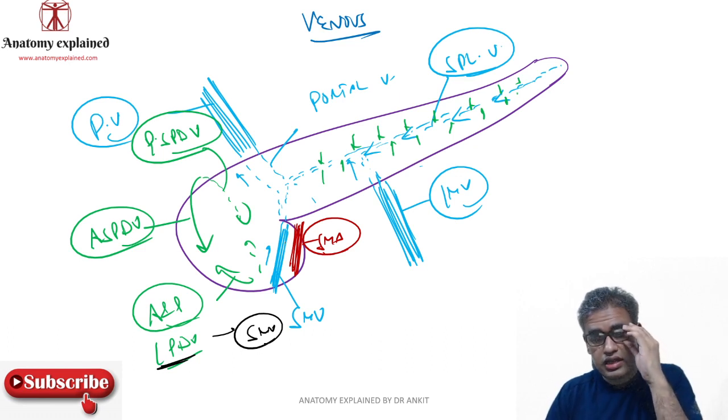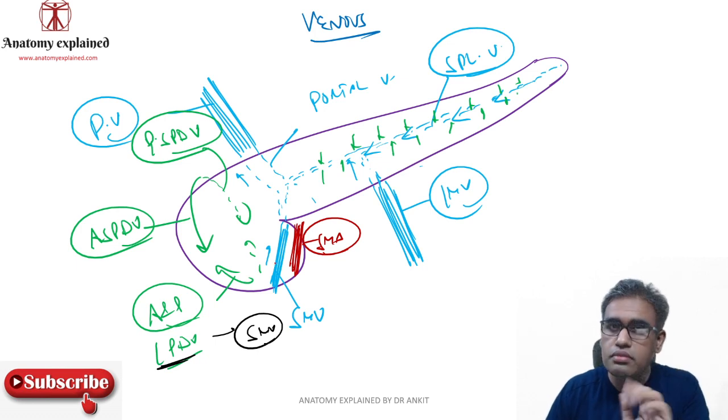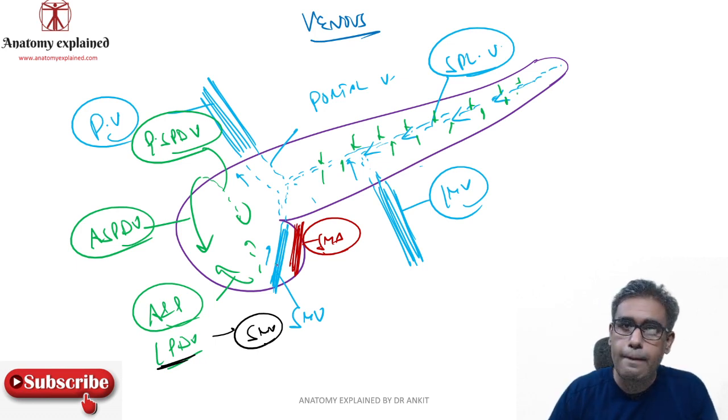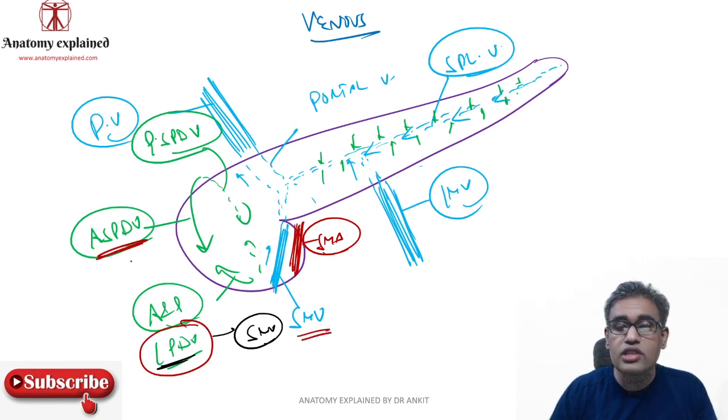So if the arrangement is this and it is normal, if the arrangement is opposite, then there is some malrotation of the midgut, embryological problem, that is. So the inferior pancreatic duodenal vein will drain to superior mesenteric vein, fair enough. What about this anterior superior? Now it is close to this vein.